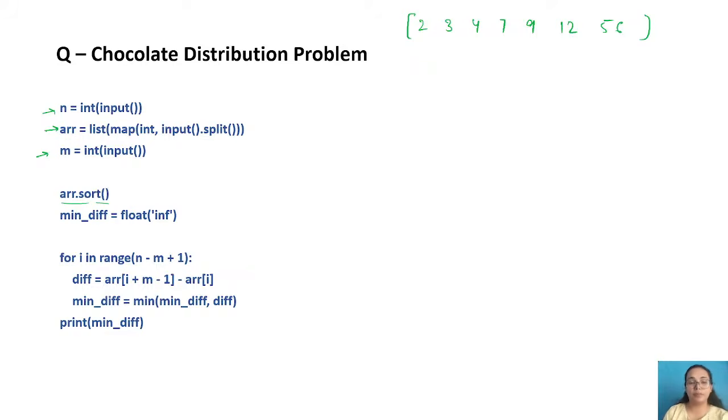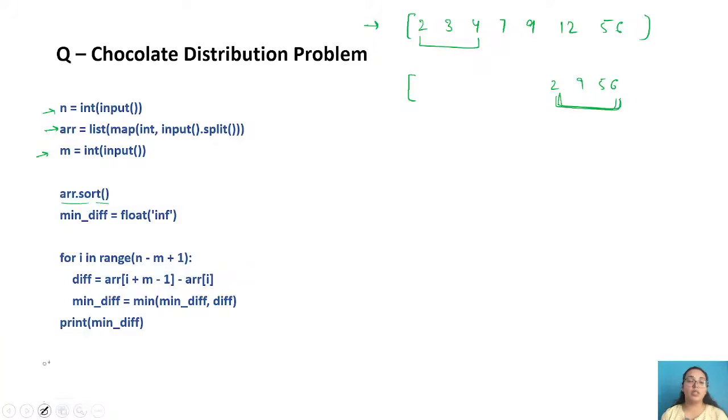Now try to understand why we sorted this particular array. Once we sorted it, if I take the window size of this particular thing where we have 2, 3 and 4, obviously whenever we take these combinations, that is 2 3 4, it will give you the least difference, right? For example, let's assume you don't sort, and you have 2, 9 and 56. If you take this combination, obviously this is going to give you a very high difference, right? So that is not the point.